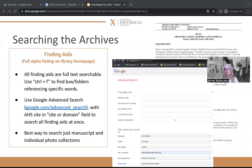Another great way to find the finding aids on our site and on anyone's website is the Google Advanced Search. If you type in Google Advanced Search in your Google search bar, it's going to come up with this search engine. And what you can do is in the first box, put in a search term, and then down at the bottom under site or domain, put in the website, in our case, arizonahistoricalsociety.org, then hit enter, and it's going to find anything on our website,